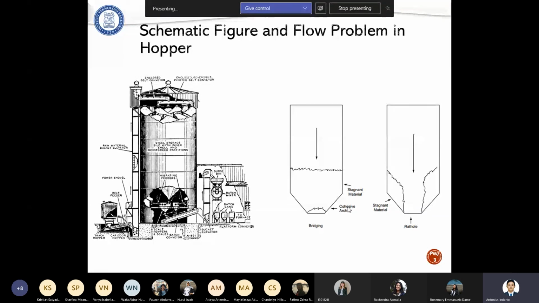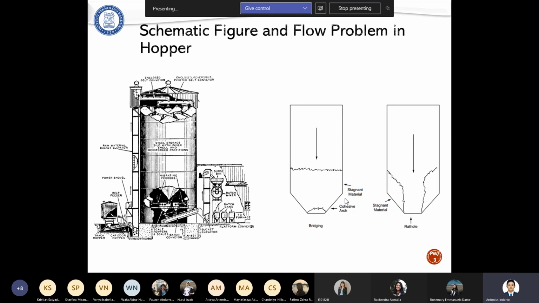And then the other problem is related to bridging. What is bridging? In the case of a rat hole, the stagnant material is at the side part of the hopper, but we can still discharge the product from this area. But bridging is a worse case, worse than the rat hole condition.